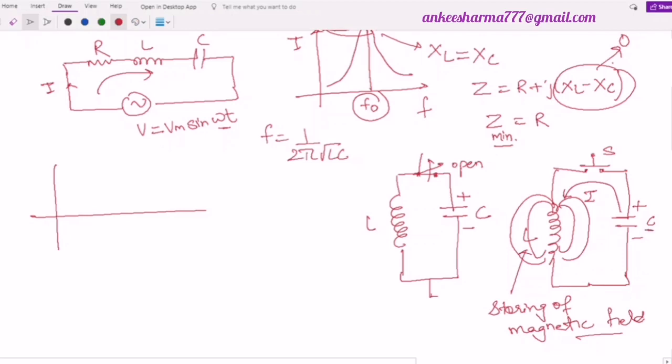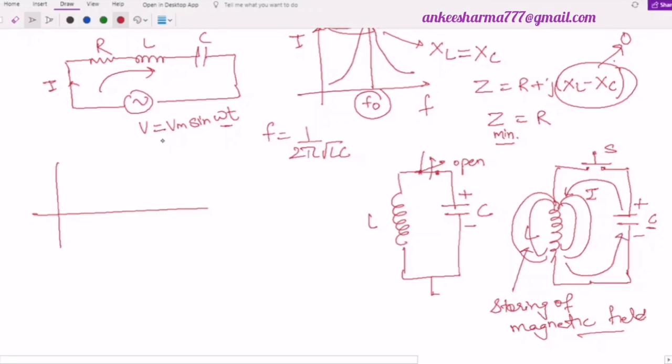When this capacitor is totally discharged, then definitely due to the energy stored in this inductor, it will start radiating it, or there will be flow of current in the opposite direction. Now the current will flow in this direction due to the back EMF generated in the inductor. This back EMF will charge the capacitor to the opposite voltage, or simply we can say that the lower plate of this capacitor will now be charged to positive voltage and the upper plate of this capacitor will be charged to negative voltage.